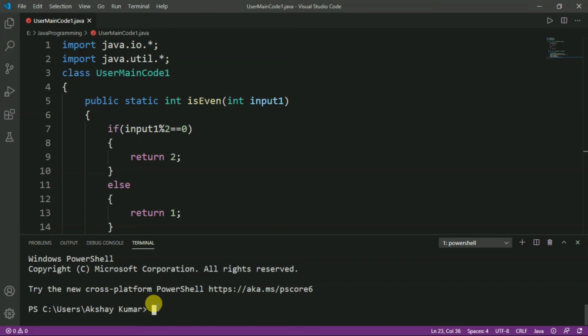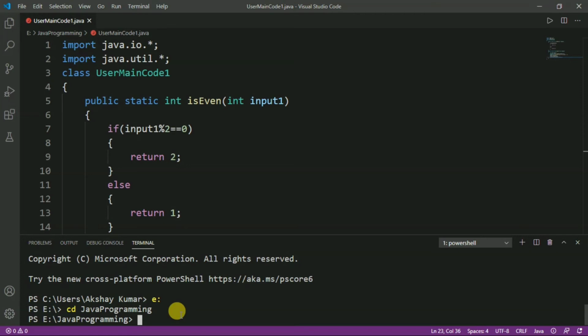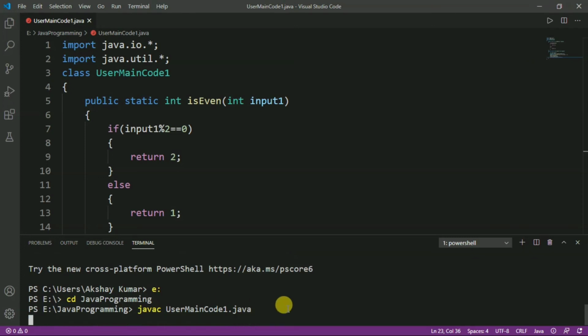From here we will run our program. In my case, I have saved the program in the Java programming folder, and press enter. To run the program we have to write javac and the program name, which is UserMainCode1.java, and press enter.